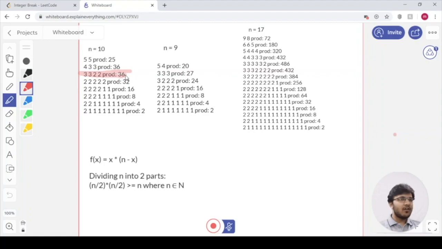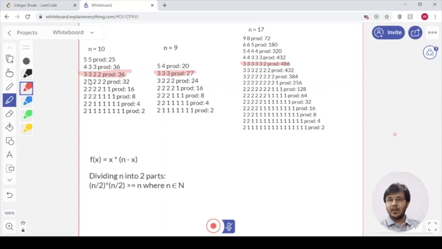And for n equal to 9, we can see that the maximum product here is 27. So we highlight that also. And for n equal to 17, wow, that's a big number. We can see that the maximum product here is 486. So we also highlight this number. If you observe carefully, you can see a pattern here. What pattern? There are only 3's and 2's in this maximum product,